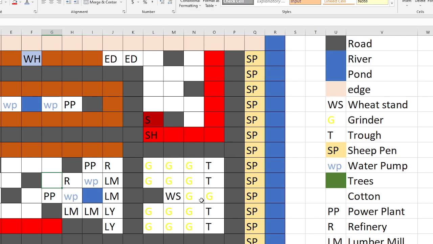But anyway, so first of all, what I would do when I'm doing this is you can sell the silo that comes with the town. You can sell the pond and the weeds, all that stuff. You can sell that. And then so what you're going to end up doing is putting a couple of ranchers. So you want to start off with a couple of ranchers, and you want to put your wheat stand over here and put a couple of grinders if you can, and a couple of troughs. You got to have 2 troughs in order to get the